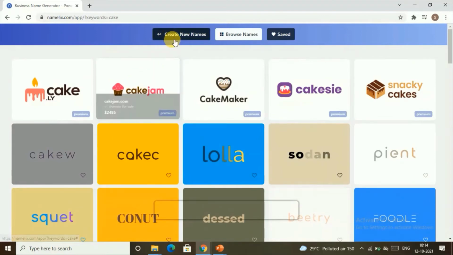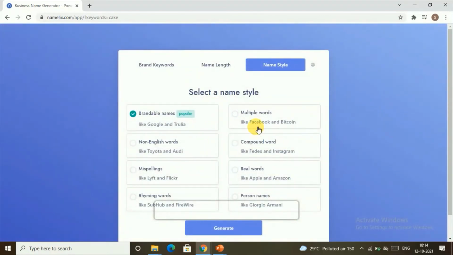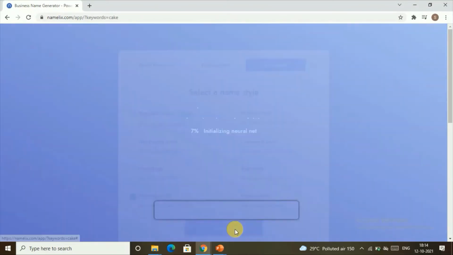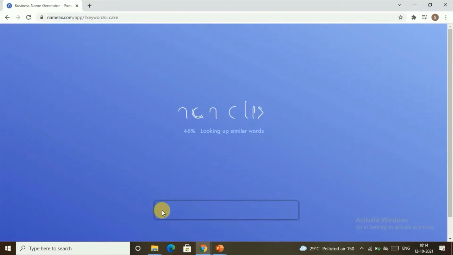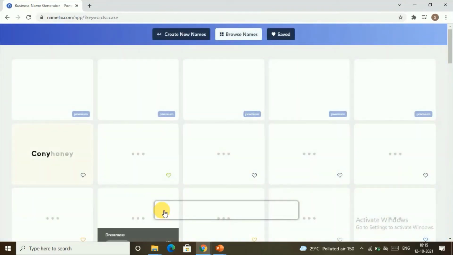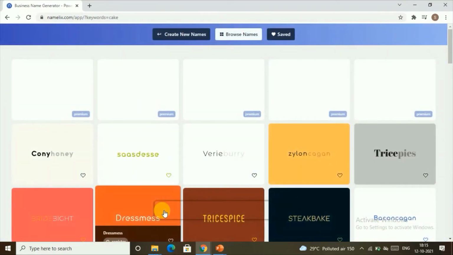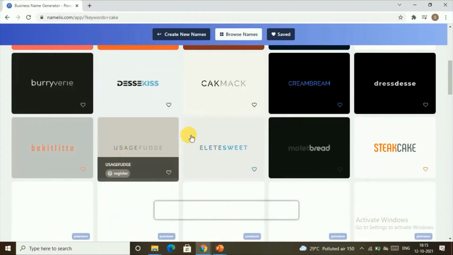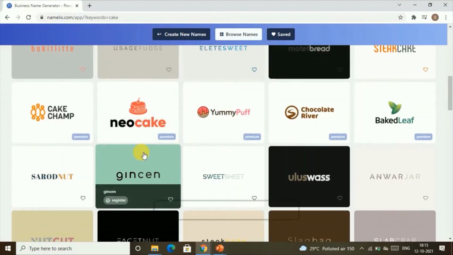So let's click on create new names, and make sure you select the name which is easier to understand and pronounce. Let's go with another style. What we want is something like rhyming words. Let's go with it and click on generate and see what it gives us back. So you got many things here, and then you can even